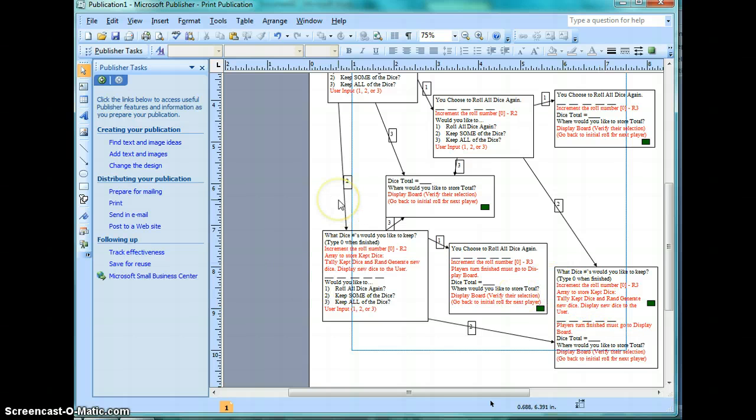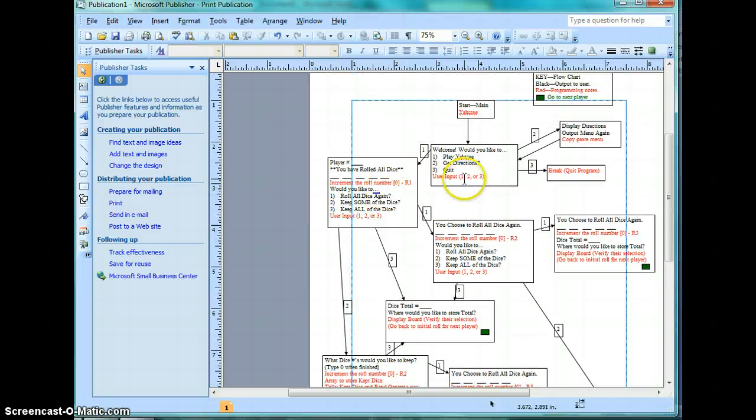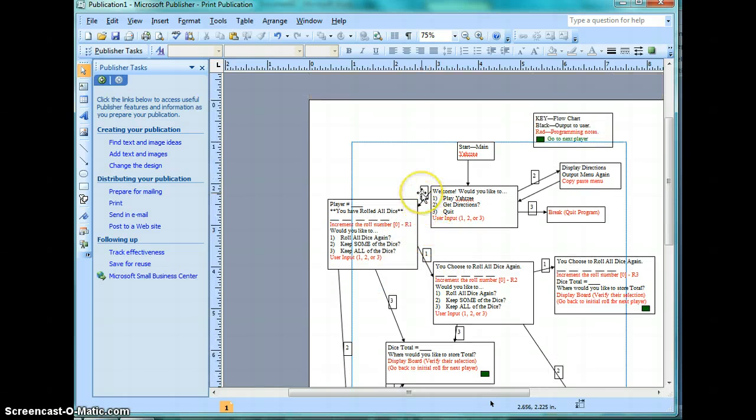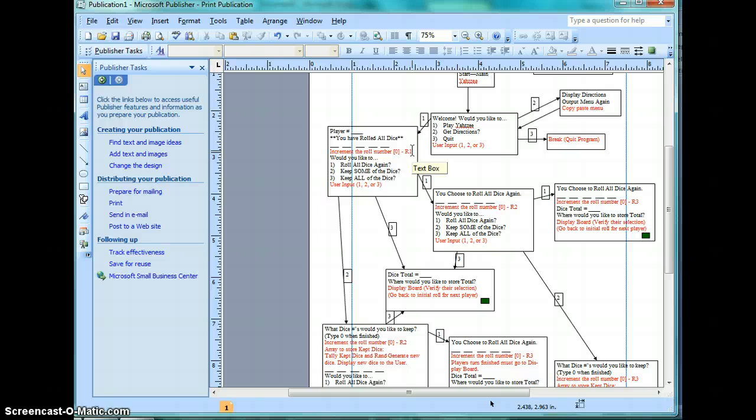Also, another suggestion would be print out this document, take yourself through the flowchart, highlight with yellow highlighter, and watch where one would go, and highlight that arrow. And you could even go to an online Yahtzee game or the Yahtzee game itself and play a couple times and see if you went through and what options you would have, and making sure that you've